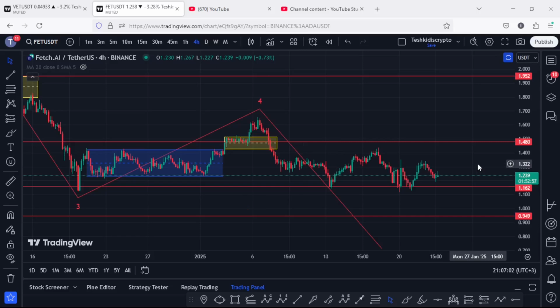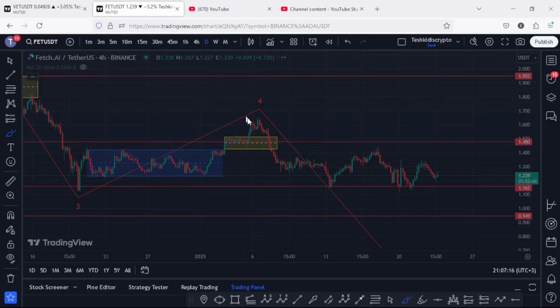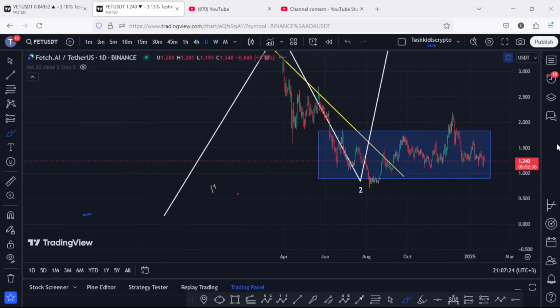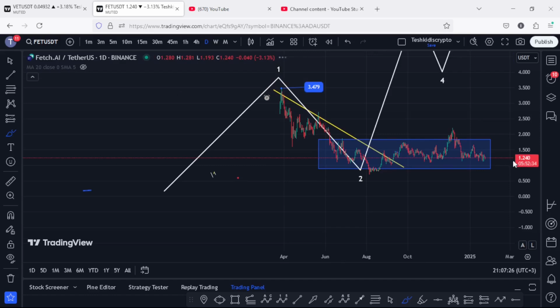Fetch AI at the time of this recording is attempting another bounce to the upside after we continued to hold above our key area of support above the 1.162. And on today's update video, I will be discussing the most significant key areas of support that we need to pay attention to, basing my analysis on the additive structures and the Fibonacci's, and above all discuss my long-term price